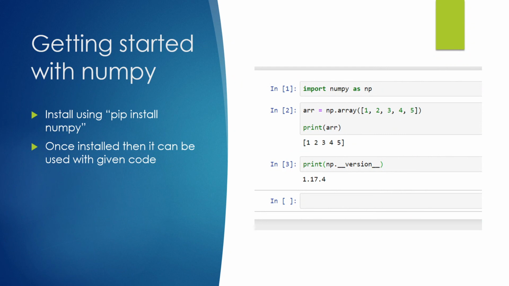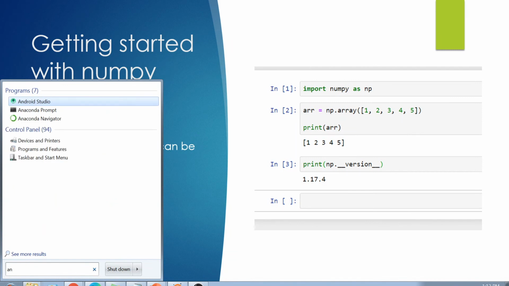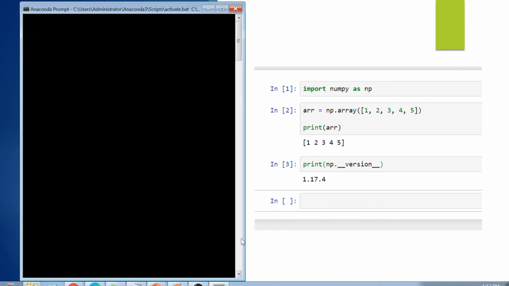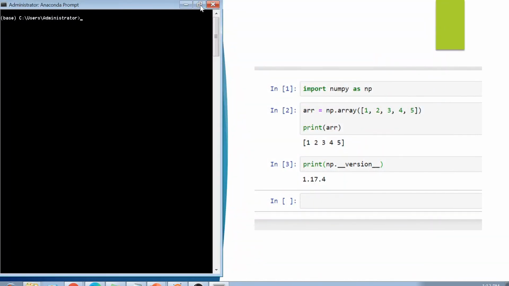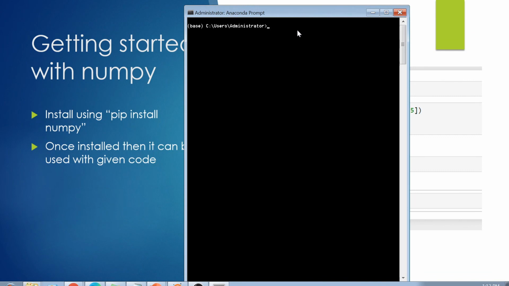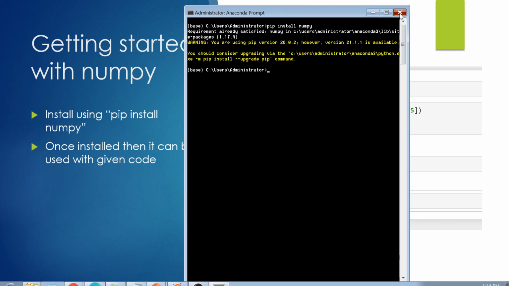So guys, if you want to start working with NumPy, you definitely have to install it on your system. If you have Anaconda Prompt, for example, I have Anaconda Prompt with me like this, you can just go inside this and write pip install numpy. So I already have NumPy installed on my system, so I do not need to install it, and I got this message that requirement is already satisfied. But in your case, once you install it, it is ready to use.